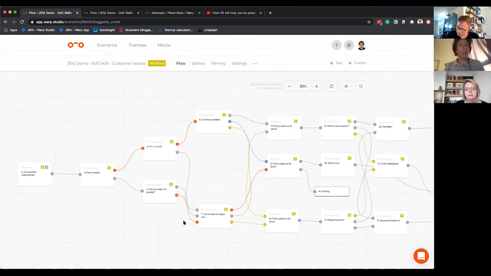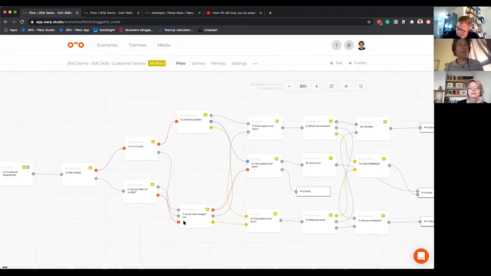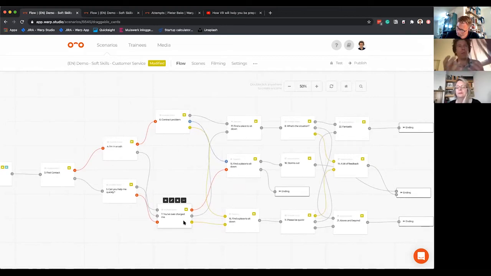So eventually, if you build this completely from the beginning until the end, you could end up with something like this. This is a smaller scenario, roughly about 20 scenes with different endings. And each time an employee plays this training scenario, they could end up in a different ending. One ending could be the best one.